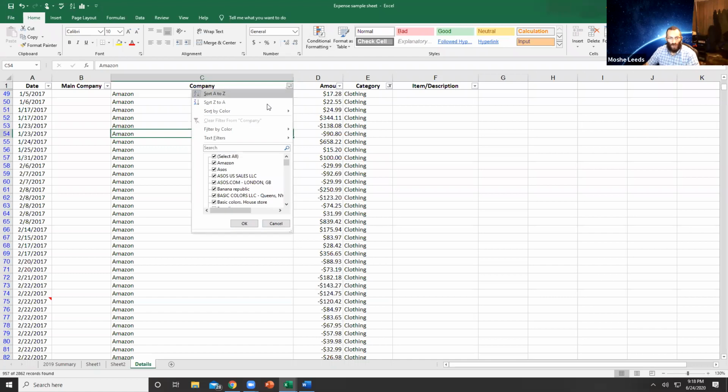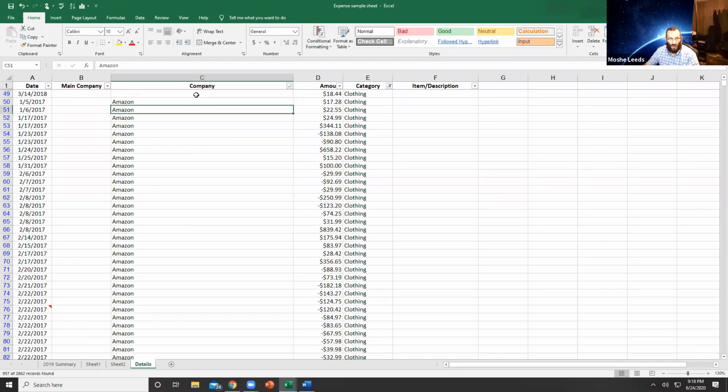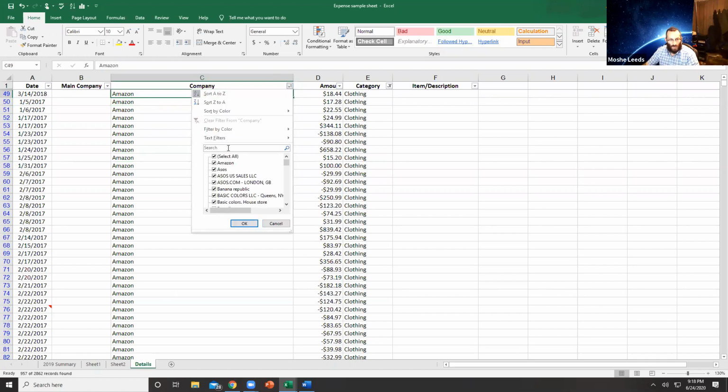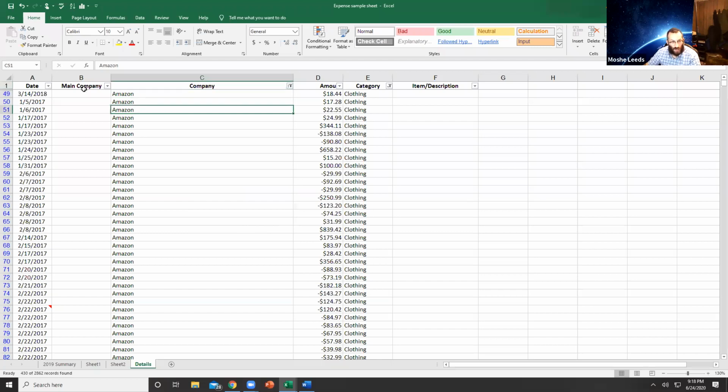Okay, so I'm going to first do A to Z, and here I have an empty cell. I don't know what that is or where it's from. I could go ahead and just type in Amazon, as the odds of that being Amazon are high, and I am going to select. So here I want Amazon. So I have Amazon as the company. Now here, I know it's kind of duplicated, it's already there, but I want it in the main category